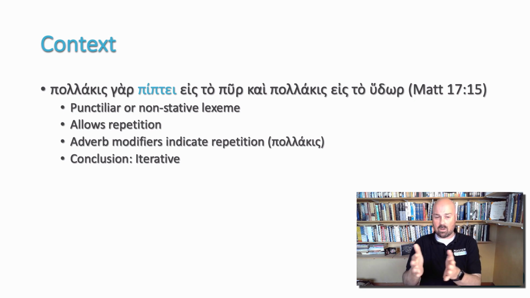And so if you look up a grammar, under the present tense form of this verb, you're going to find an iterative present or a repetitive present. That's what this is. Another aspect of this, just to bear in mind from the context, is that the genre itself is telling you something about when this takes place.